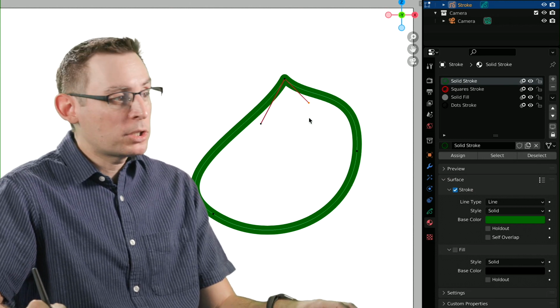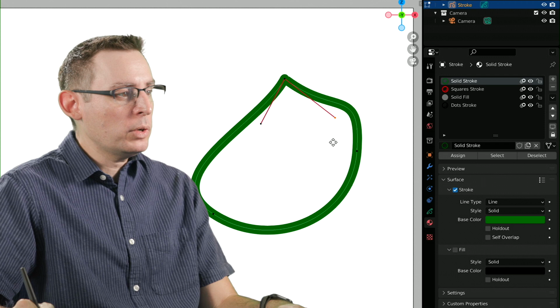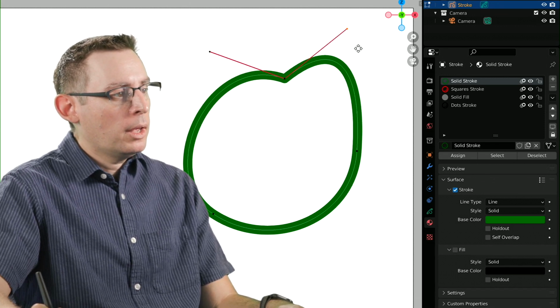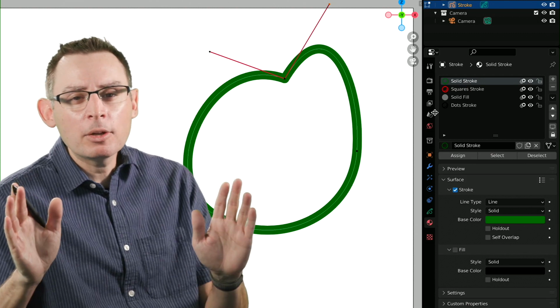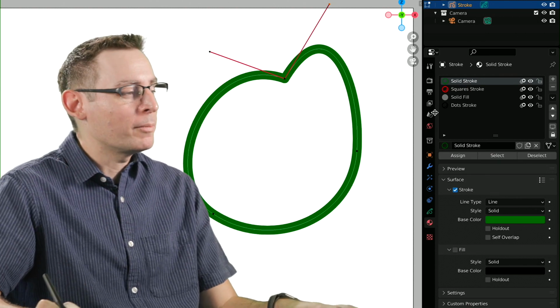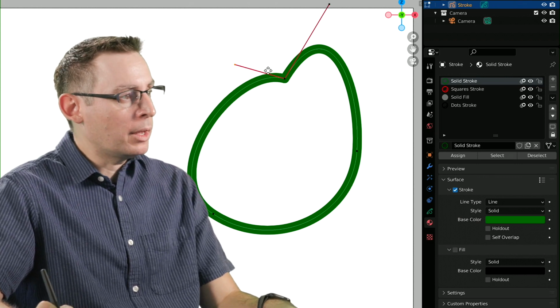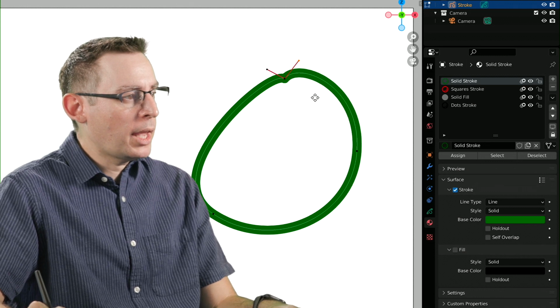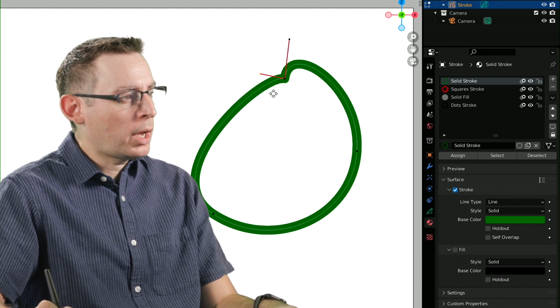Now, what's neat about this is that we're able to freely, independently move these handles around however we want. So we can completely organically change the shape and create some wonderful hard corners in there, which I really enjoy. You can also tighten everything up by bringing the verts a little bit closer into the handle itself. So we just have a lot of customization.